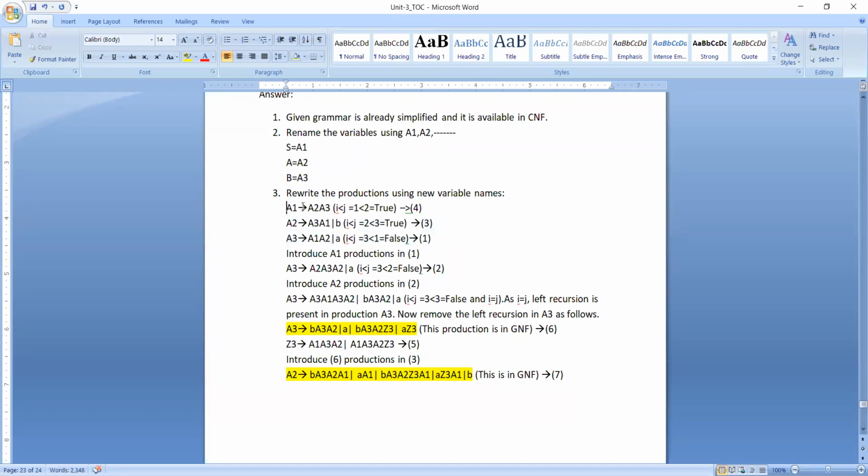Now again what we have to do, we need to convert A1 also into GNF form. In order to convert A1 into GNF, what are the A1 productions? We have A2 A3. And already we converted our A2 productions into the corresponding GNF form. Now straight away what I will do is write: